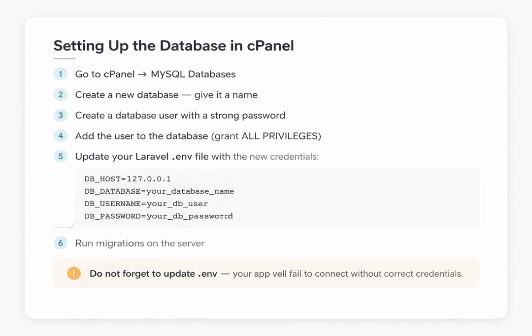The second major piece of deployment is the database. In cPanel, go to MySQL databases and create a new database. Give it a meaningful name. Then create a database user with a strong password and add that user to the database, making sure to grant